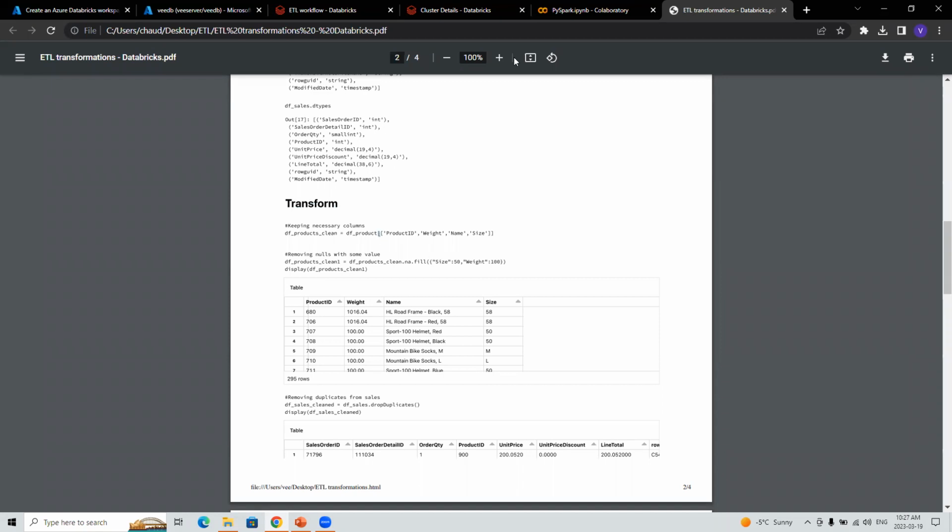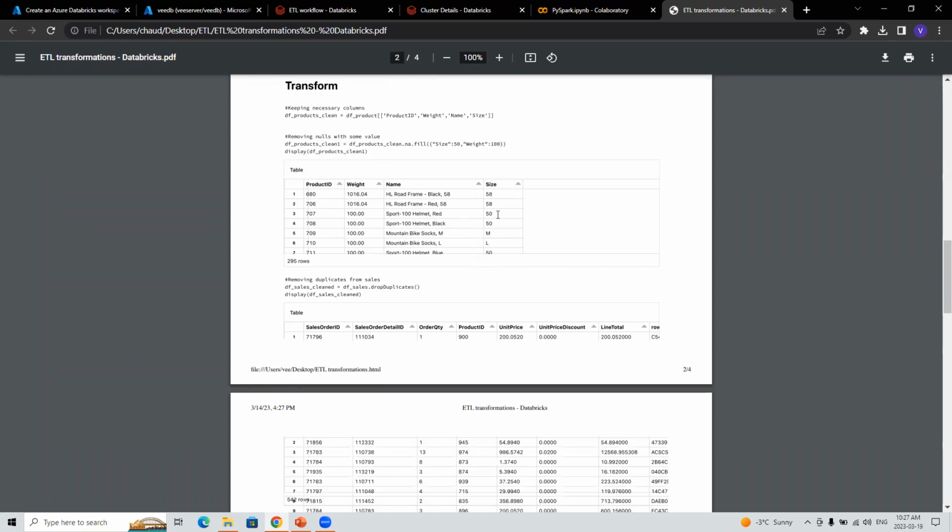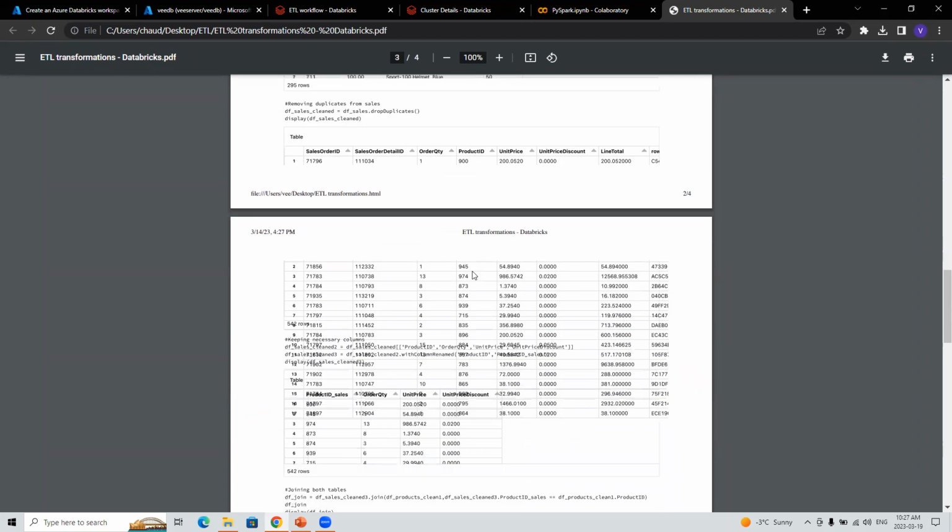In the chat window, please write transformation techniques that you know that Mr. Tanvir, Tanvir sir as well have explained, if you're one of the students in the ETL classes, how many ways we can transform the data. If you know, please write in the chat. I have used here na.fill function, which is filling out the null values. I have used this filter, keeping necessary columns, and then I'm displaying this. But if you know more transformation techniques, definitely you can apply those, like putting mean instead of filling it with a random value. You can also use mean of the column for transforming.